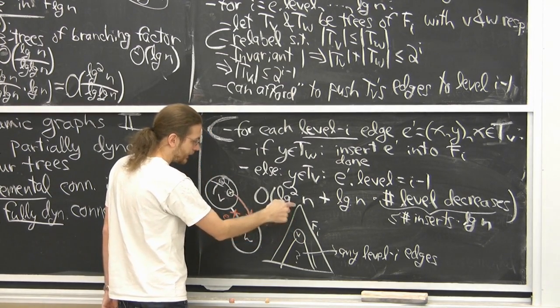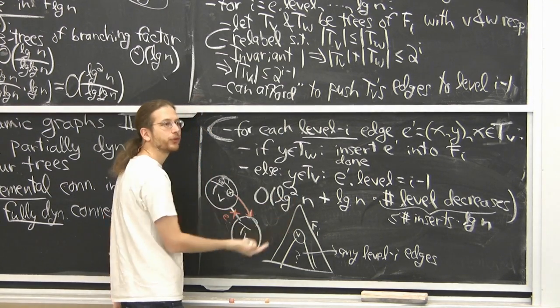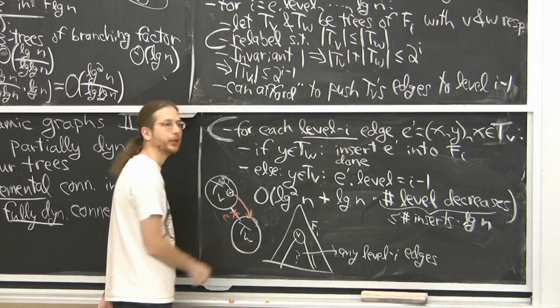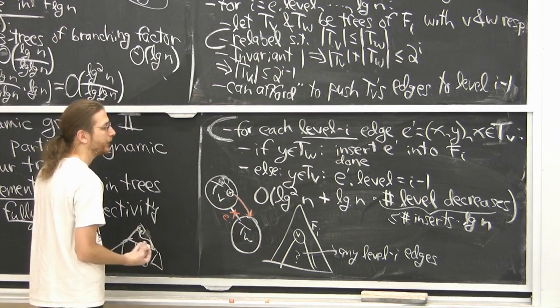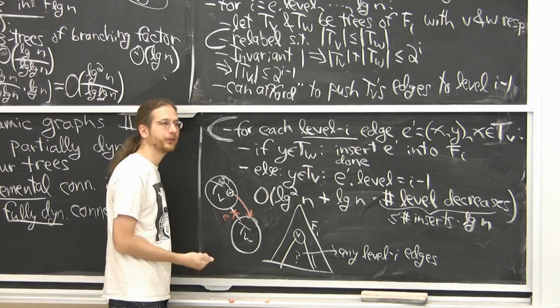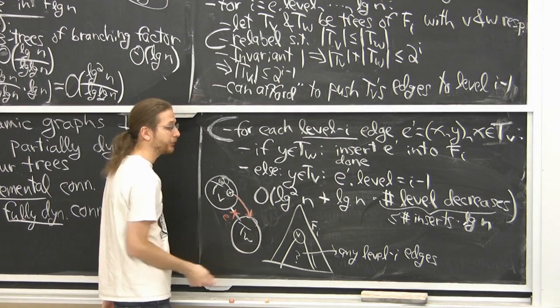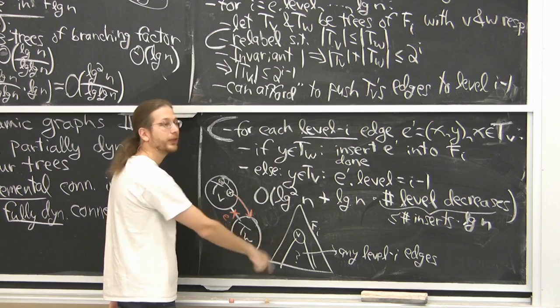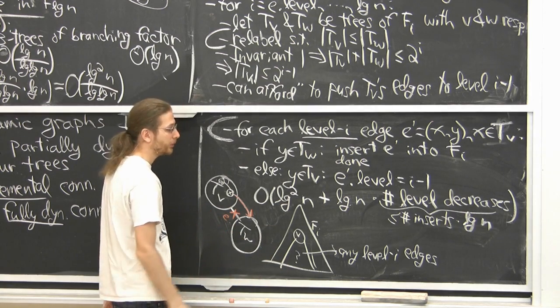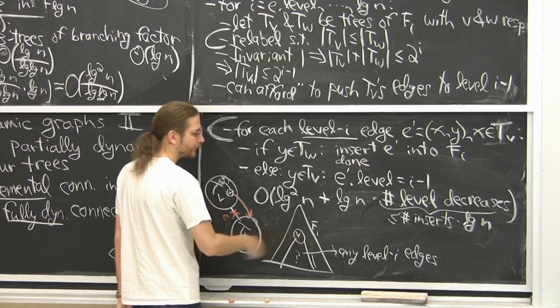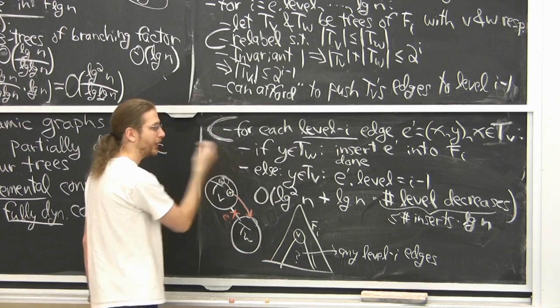Then I basically want to do an in-order traversal of this tree, but skipping the stuff below. So one way to think of it is you just repeatedly call successor, like successor in a binary search tree, but whenever I see that there's no level I edges below me, I just skip. All right, so in log n time, you can basically find the next place where there's an outgoing edge.